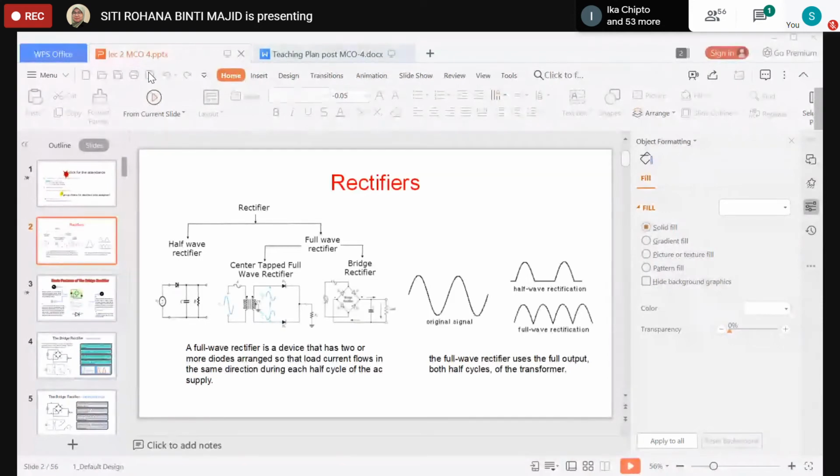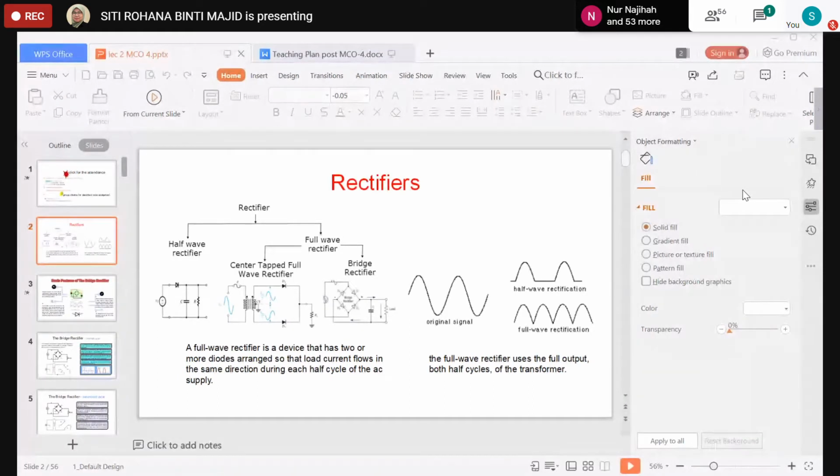Rectifiers are grouped into two groups: the first one is the half wave rectifier, and the second one is the full wave rectifier. For the half wave rectifier, we already discussed last week. I hope you still remember the basic diagram of the half wave rectifier circuit. And for this week, we will discuss